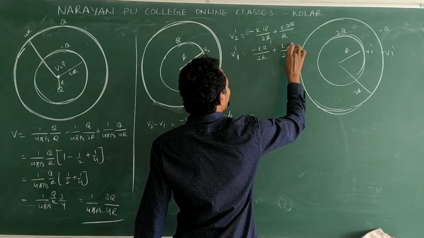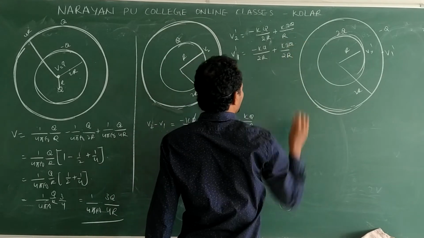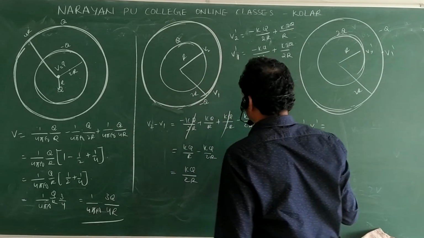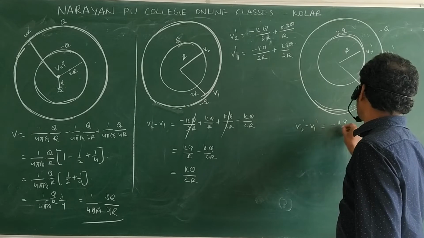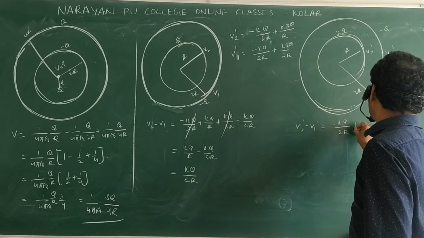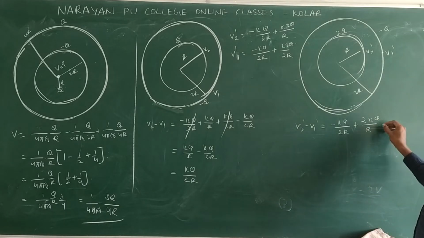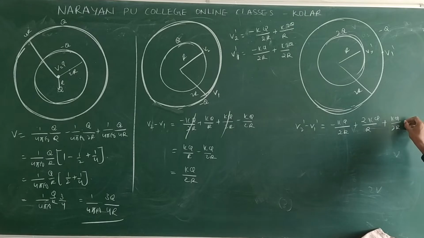Same, only this will be changed. Now V2 dash minus V1 dash will be minus KQ by 2R plus 2KQ by R plus KQ by 2R